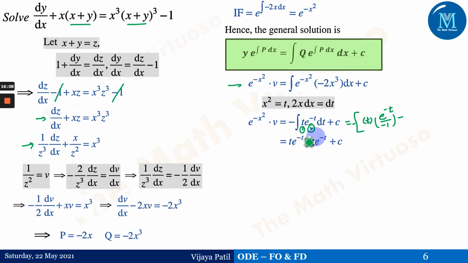Minus the, now this is the first and this is the second function. Let me just erase it in this next step. Differentiation of the first is 1 and integration of the second will give us e to the power minus t upon minus 1. So minus 1 is already there, so minus minus will give us here plus 1.